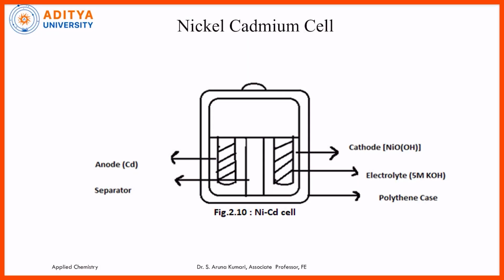Here we have a picture showing the nickel cadmium cell, where the anode is made of cadmium, the cathode is nickel oxyhydroxide, and the electrolyte solution is 5 molar potassium hydroxide. The electrodes and electrolyte are placed in a polythene case, with a separator between the anode and cathode. At the anode oxidation takes place, and at the cathode reduction takes place,